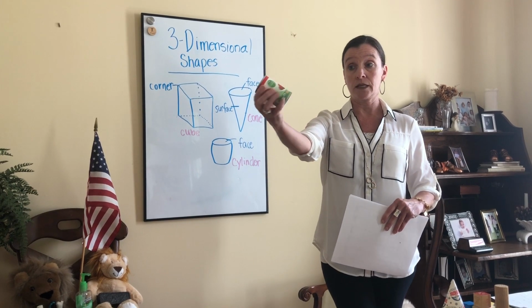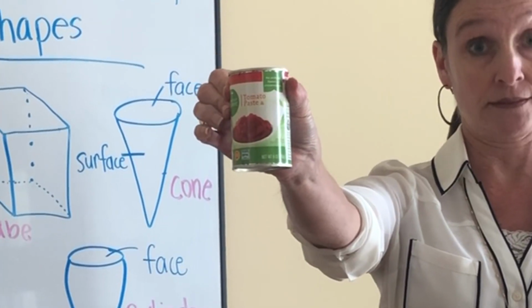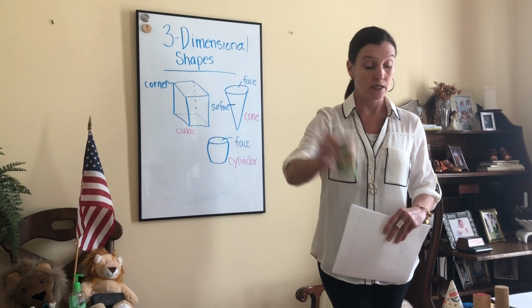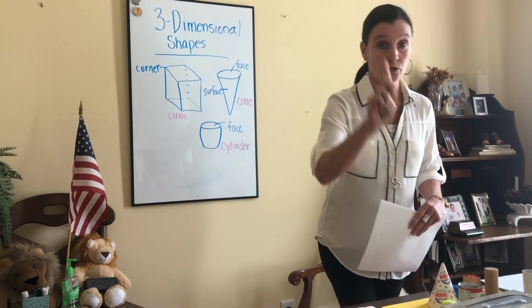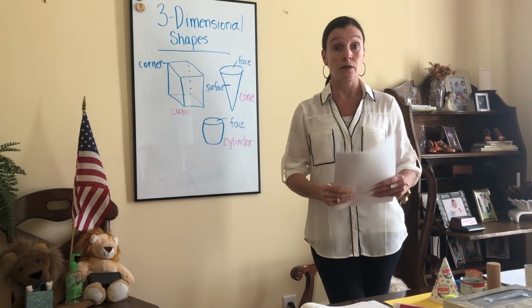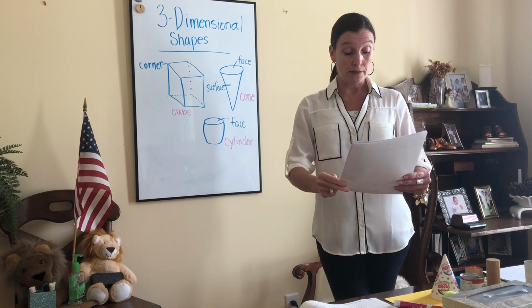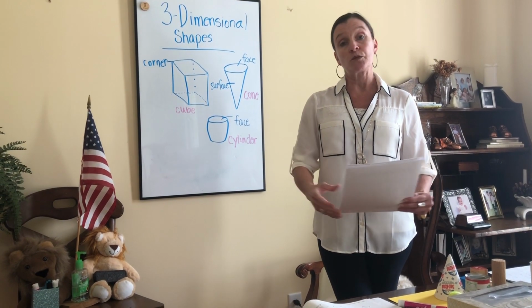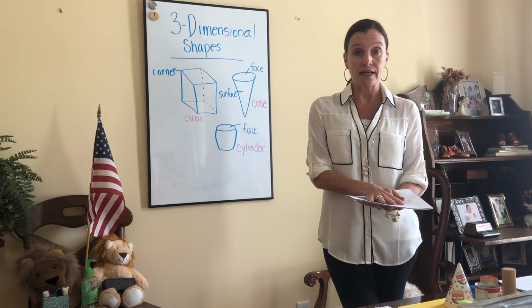cute, tiny little can of tomato paste used in spaghetti sauce. Came out of my pantry. Maybe you're using a lot of pantry items yourself right now, cooking a lot. Okay, so that's the difference between a two-dimensional object, which would be flat, a piece of paper,